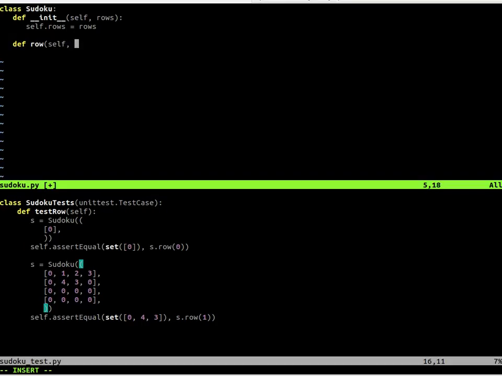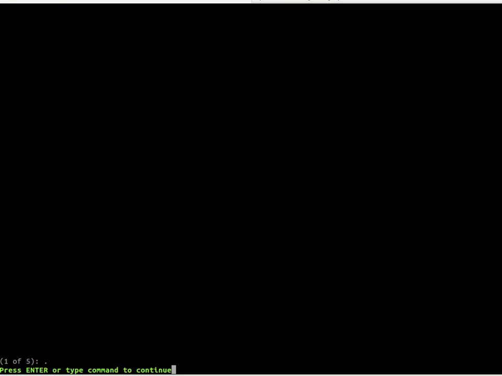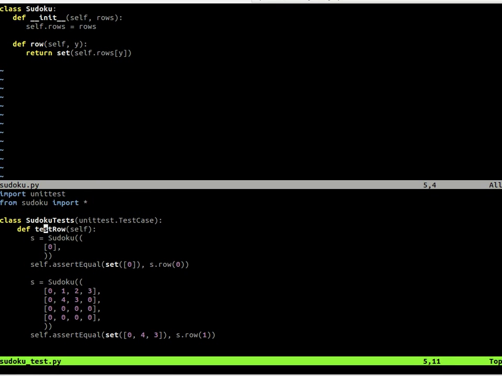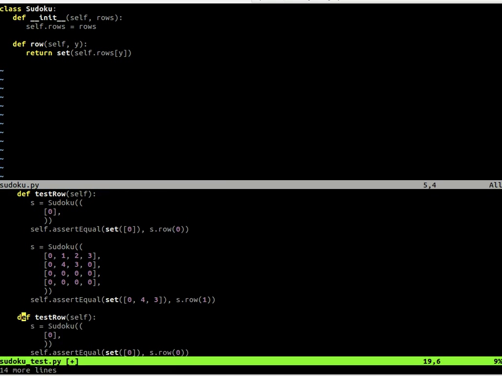And once we have the rows data saved in the class, it's quite easy to implement the row function that should only return the row with a given number. That is quite a short function. In the test case we actually need to return it as a set, and the test case is passing. That was easy. We can quickly put in another test case,